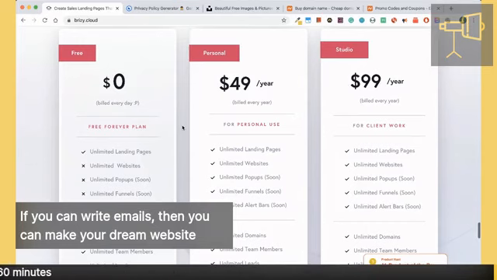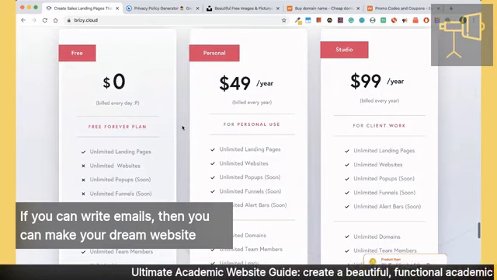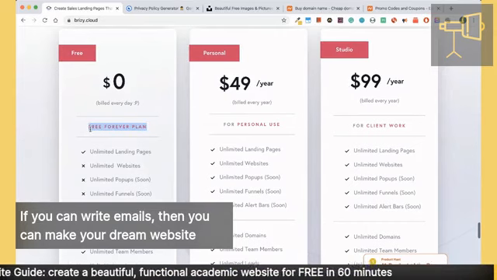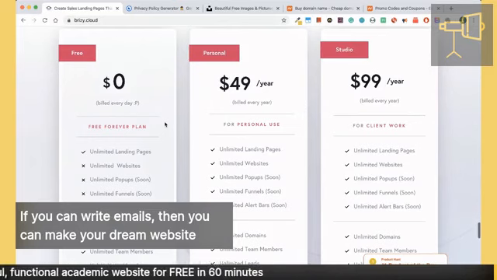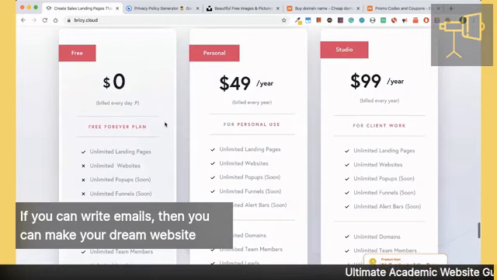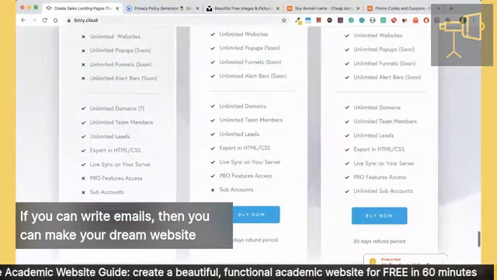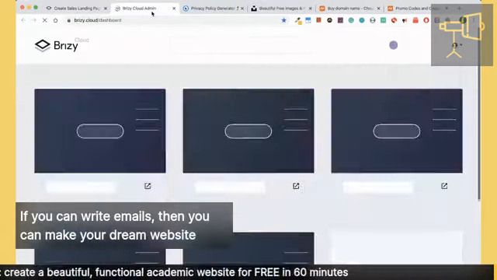So this is what I suggest, a non-WordPress website, and Brizzy is what we will be making today's website with. Again, it is forever free. So do not worry. I've been using them for my digital agency, so I do enjoy the interface. It is very easy. It's simple. It's drag and drop. You'll see in a minute. So what I want you to do is click Start for Free, and you'll be brought to the sign up